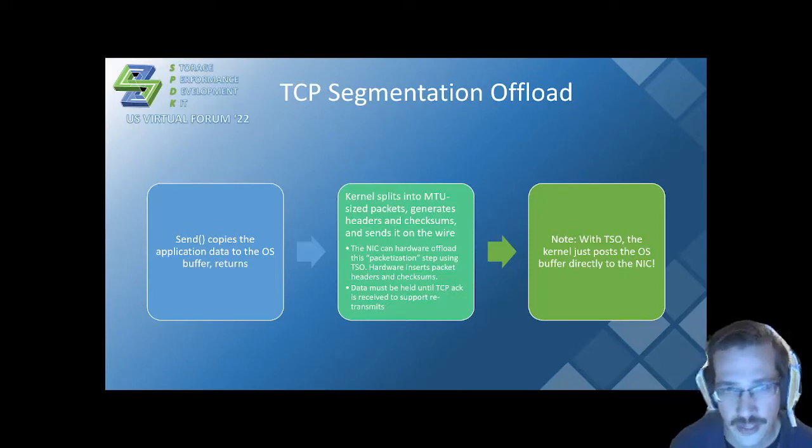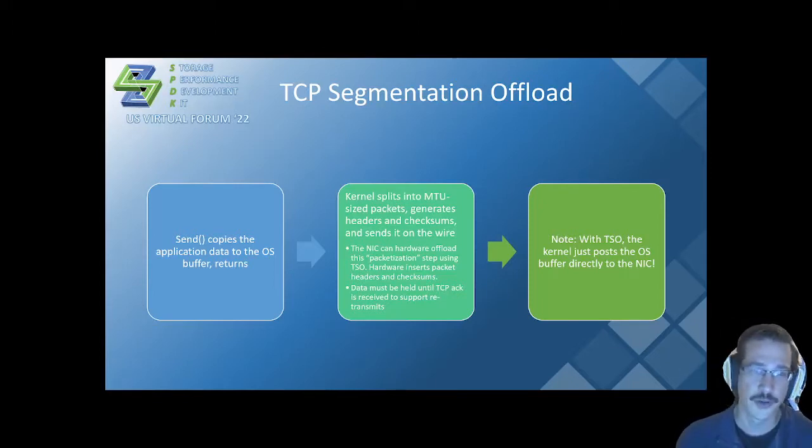And so all you actually have to do with this enabled is just queue up the entire 64K or 128K, whatever we sent, to the NIC, and the NIC will DMA that down into its internal memory and split and insert packet headers and checksums as it sends for you. So that's much better. Most NICs are doing that today. And if you notice, all the kernel TCP stack had to do in this path is post the buffer you sent to the NIC. It didn't have to actually do anything,